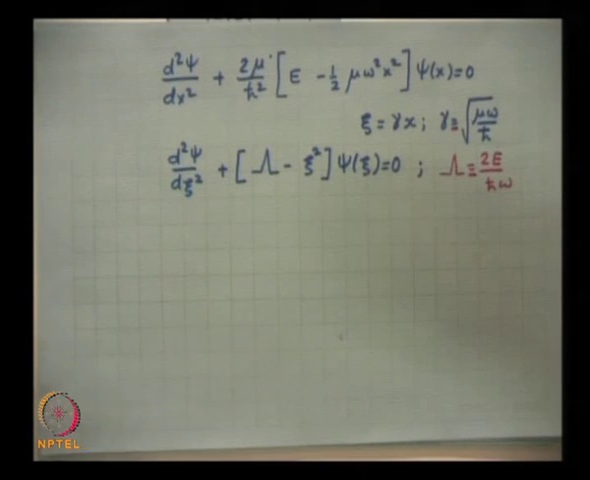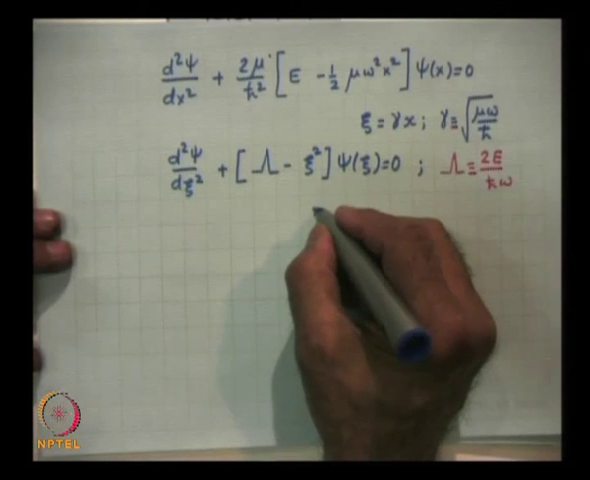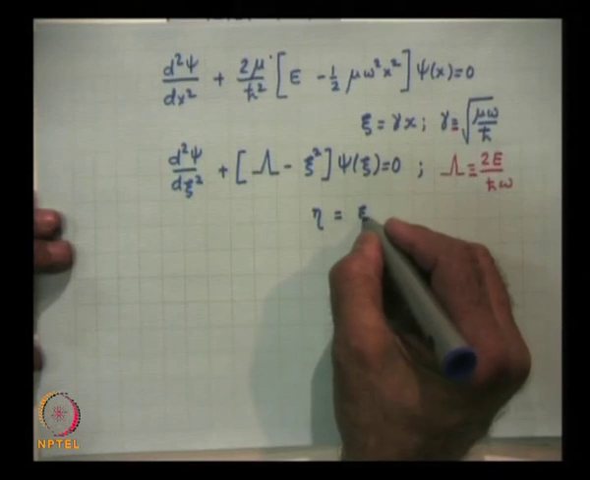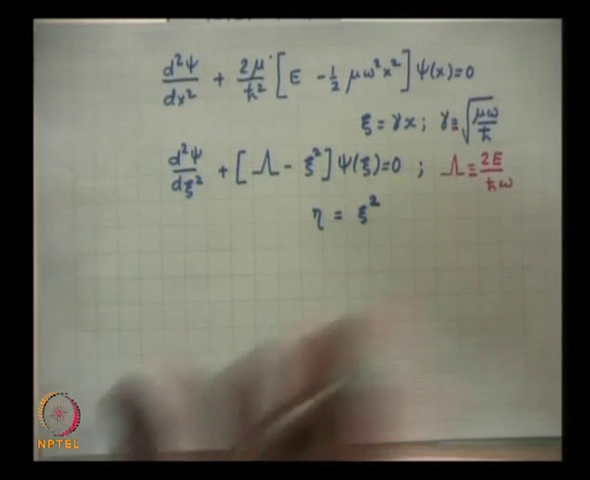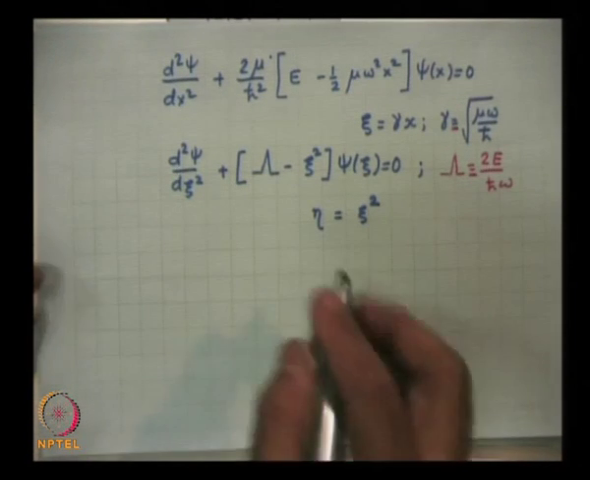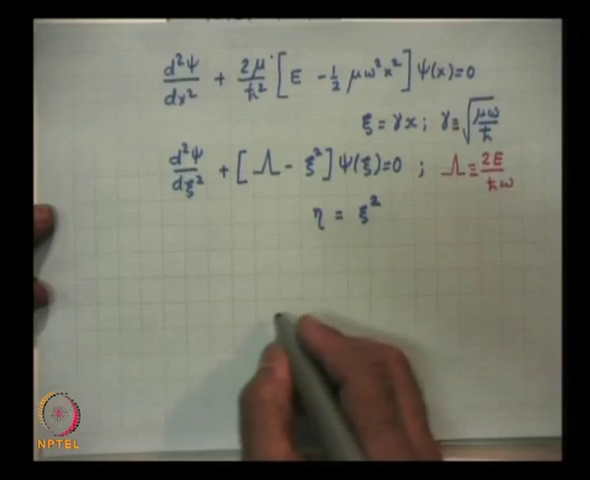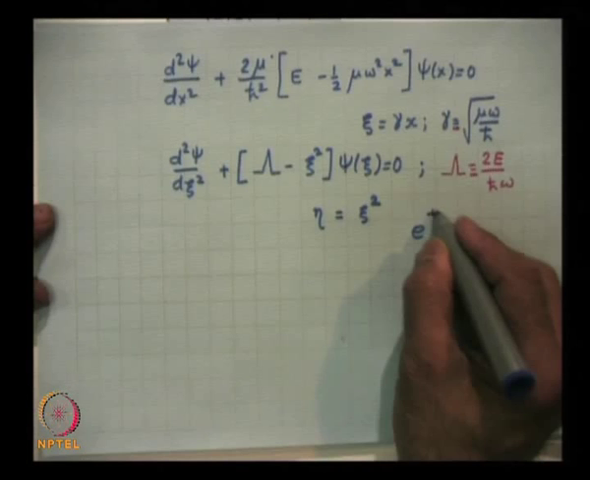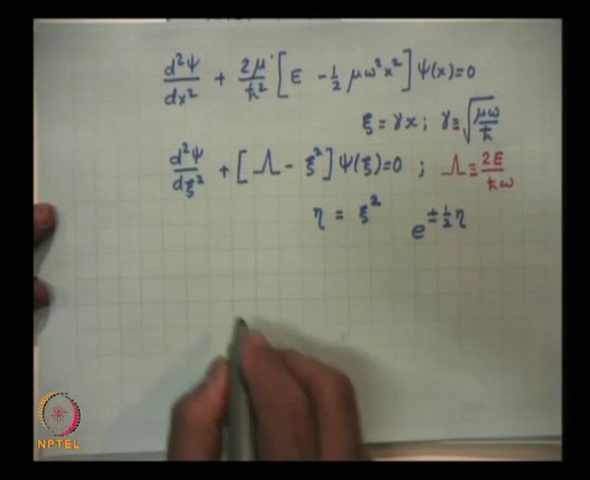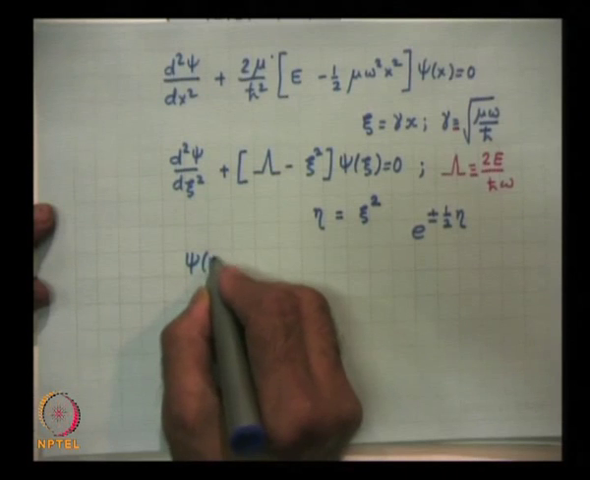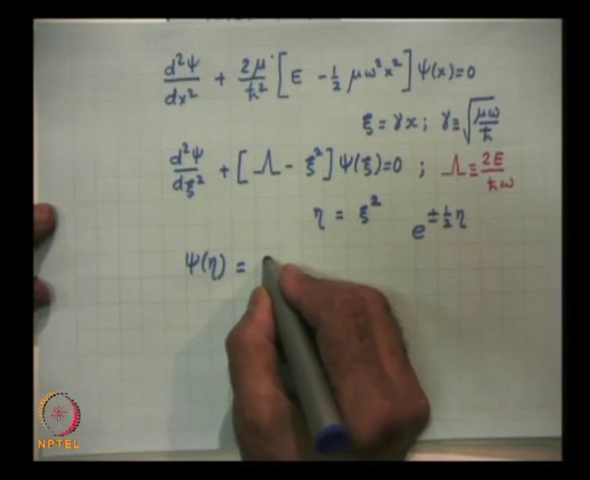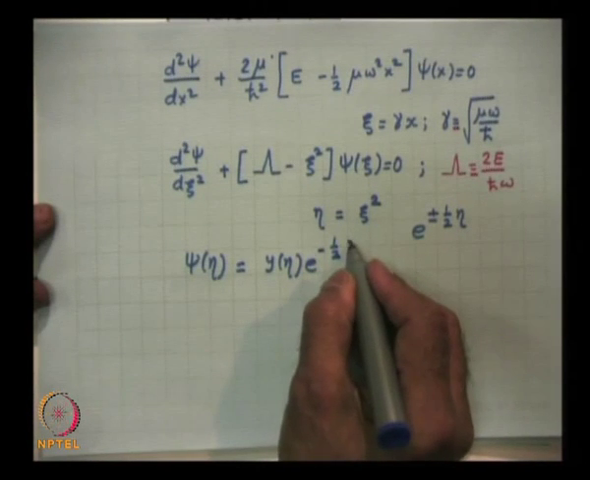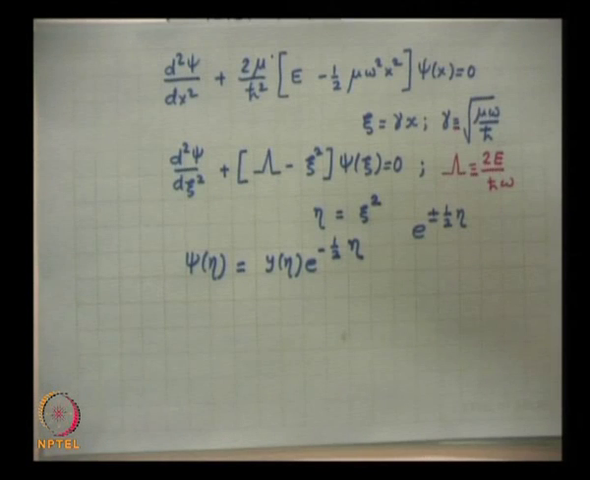Then what we did was, first we defined an independent variable eta, which is equal to xi square. We wrote down that equation, and then we found that the large xi behavior is of the form e to the power of plus minus half eta. So, we said that psi of eta was equal to y of eta e to the power of minus half eta, and then we determined the equation